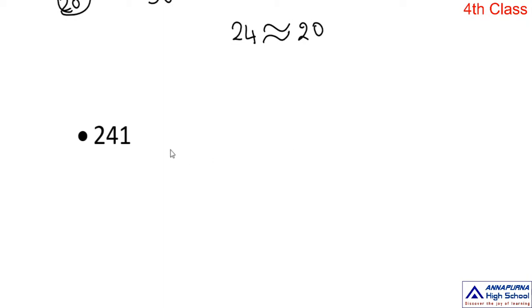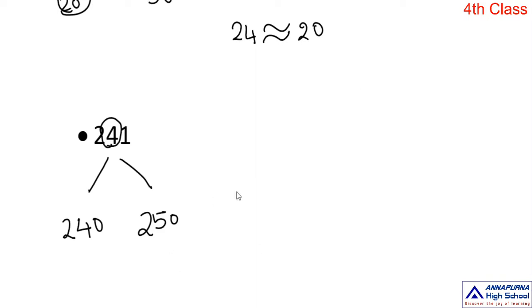241. So we are doing the nearest tens only. So what is the number in the tens place? 4 is in the tens place. So what is the nearest tens to this number? 41. Just remember that first of all. So 40 or 50. Before that, which place is there? Hundreds place is there. 200, so either 240 or 250. Okay children, 240 or 250.